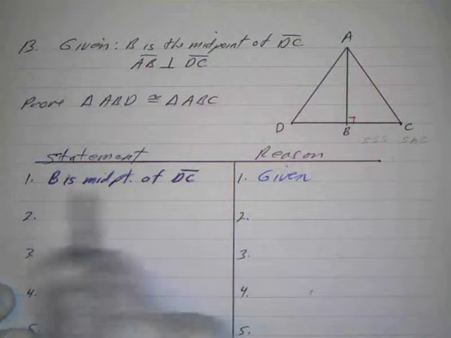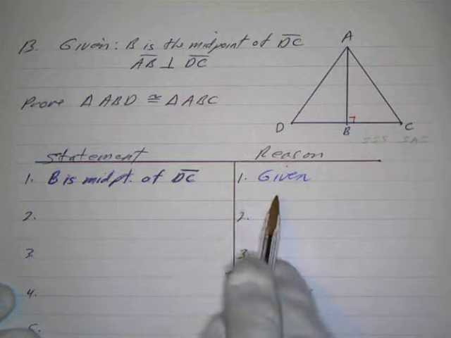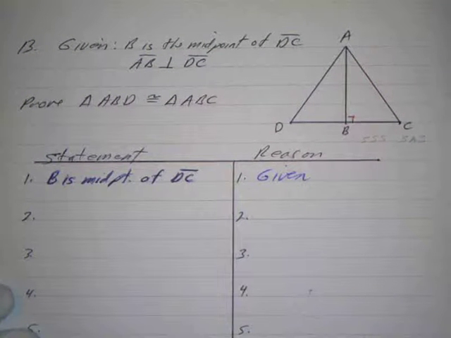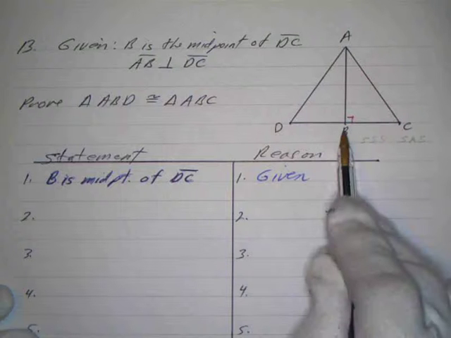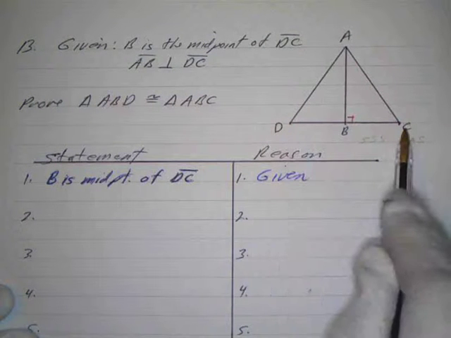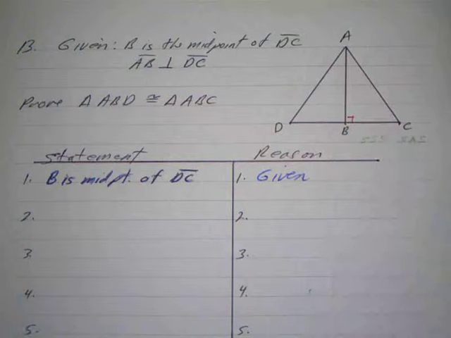So I wrote down my first given. B is the midpoint of DC, that's given. And what does it tell me if B is the midpoint? Well, we talked about this before. A midpoint will give you two congruent segments. If B is the midpoint, by the definition of midpoint, it divides segment DC into two congruent segments, BD and BC. So we can say that BD is congruent